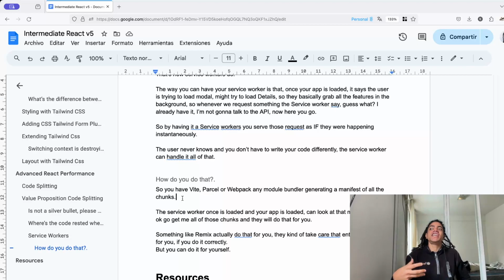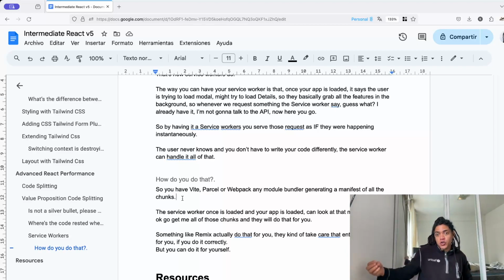that actually are going to generate this set of instructions, this manifest, to the service worker that says, hey, service worker, this is the manifest, this is the set of instructions that I, as a module bundler, generated based on the author, the React or Angular or Vite. So based on the React author, that says this particular resource is going to be lazy loaded. It's going to load later. So that instruction is going to pass through the module bundlers, and then the module bundlers generate